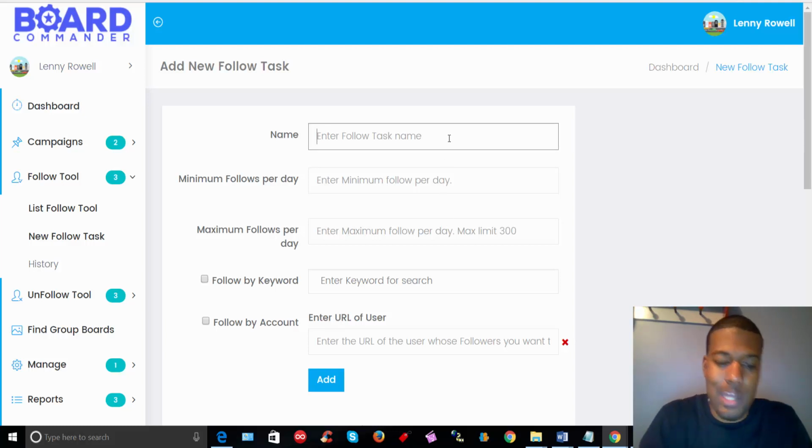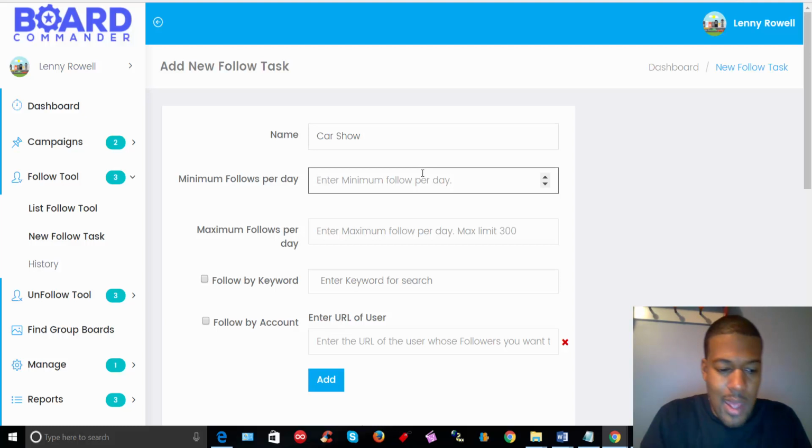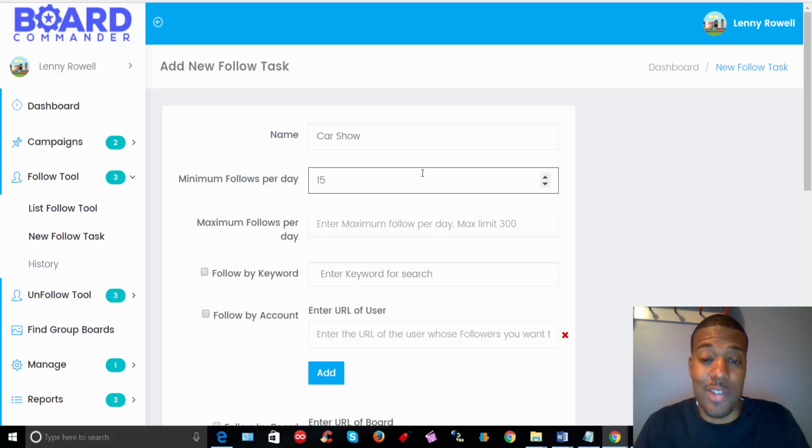So you would start by just naming the task. Let's say I had a cars Pinterest, I would probably name this something like car show. This is just any name you want to put in here. And let's say a minimum, I want to follow 15 people per day because you want this to look natural. You can follow up to 300, but that's not really